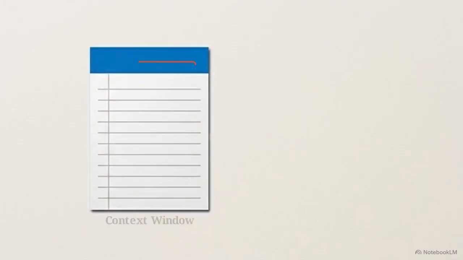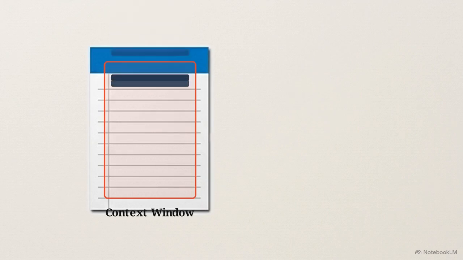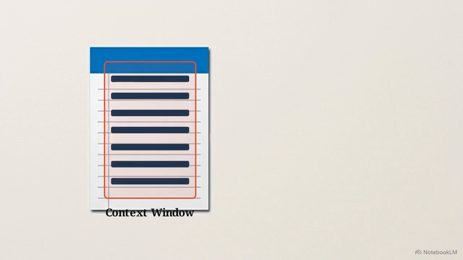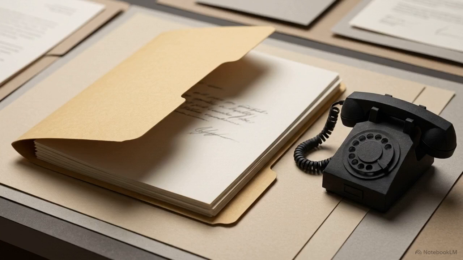This transparent box represents the context window, while the file is the prompt. The box dictates how much the specialist can keep in mind. Fill it up, and new information is rejected. Feed the box vague instructions, and the expert is forced to guess. Vague intake packages guarantee useless advice. This makes the context window the primary bottleneck for quality in any AI system.